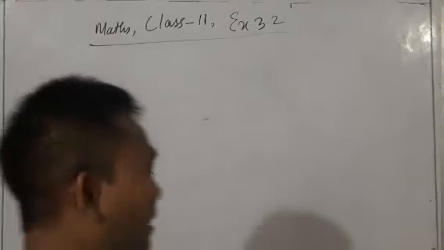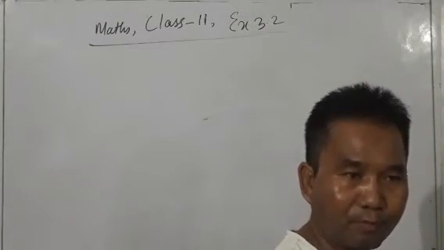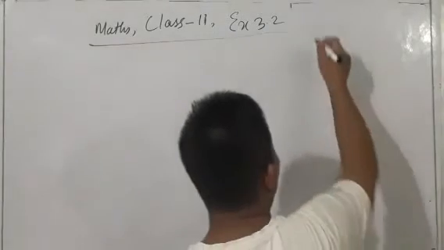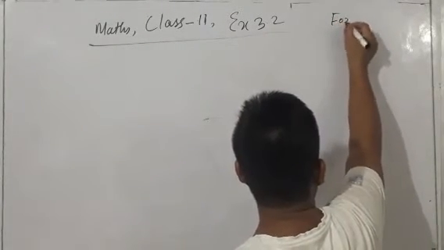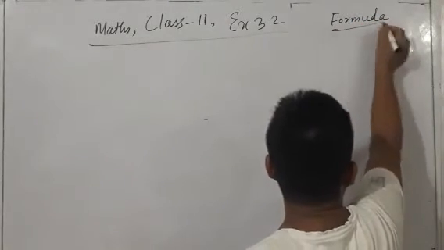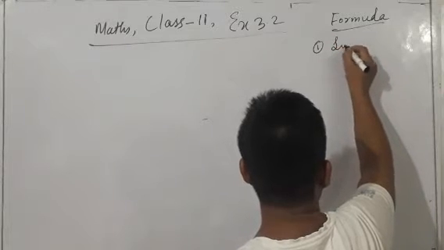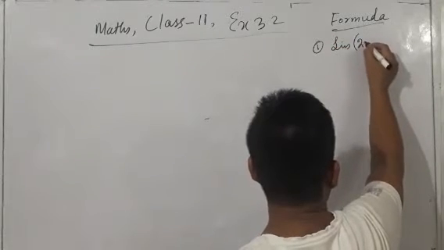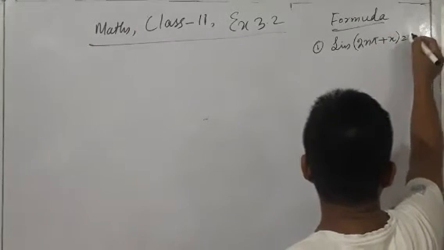So, what are the basic formulas that we have learned in the introduction part? We have learned four formulas, right? So, you have to remember that and you have to understand it. Formula number one, what is that? Sine of 2n pi plus x equals sine